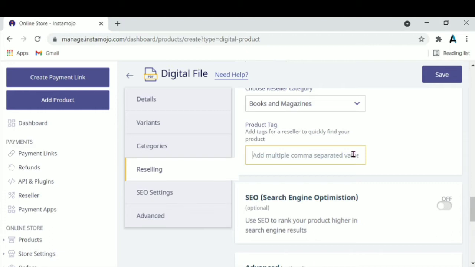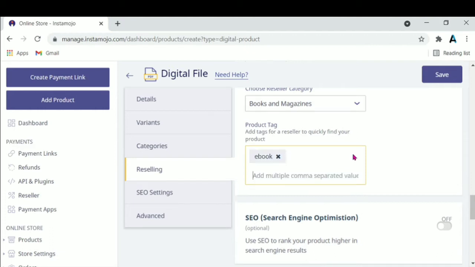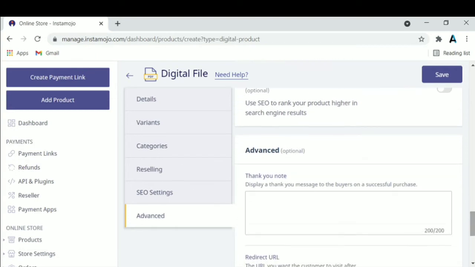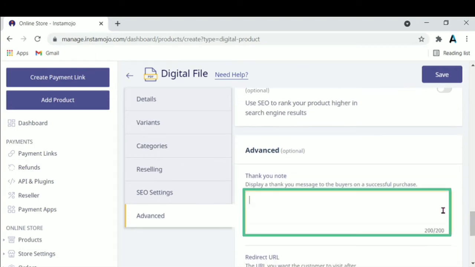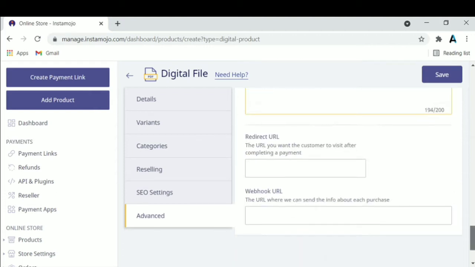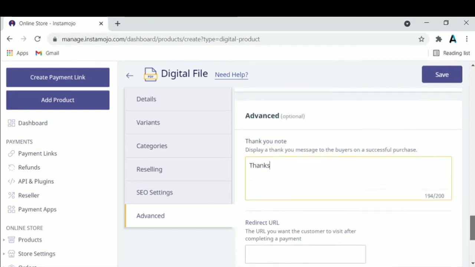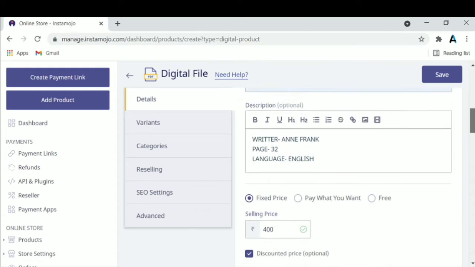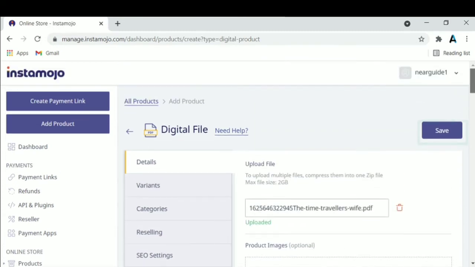Then here add some text about your product. If you give some message after buying, then write here. Then this is complete. Then save this. Click here.